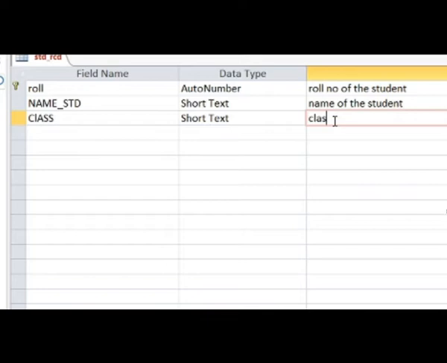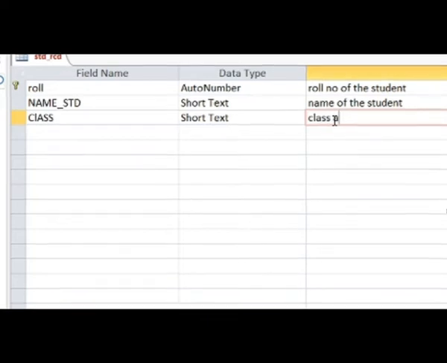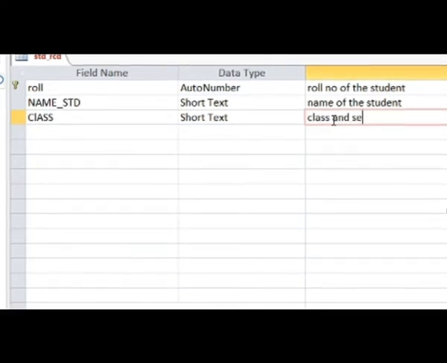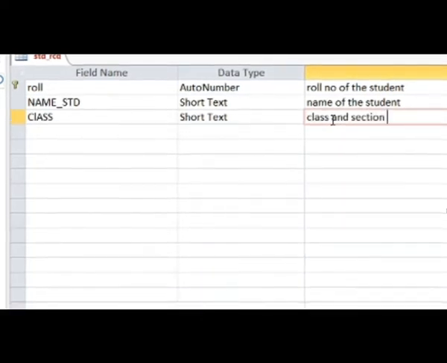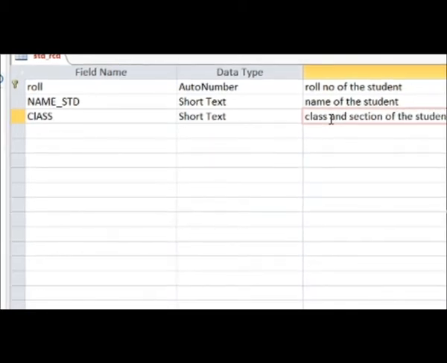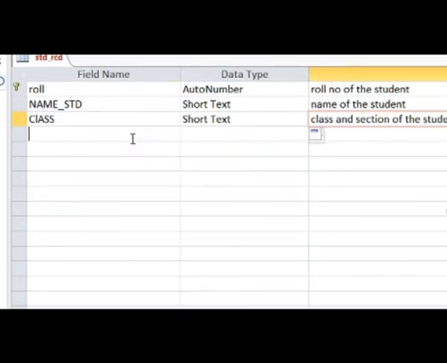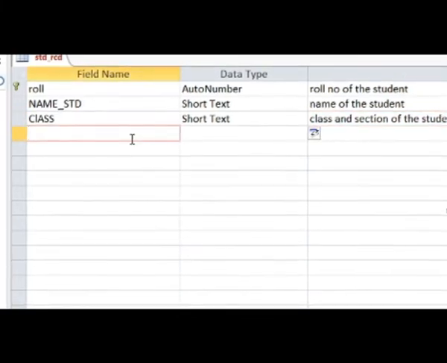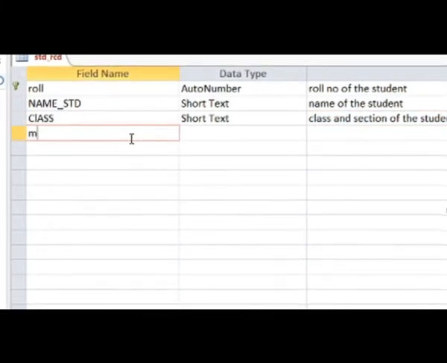So here I will take short text for even class, because see the description, because I want to enter class and section of the student. Have you understood?